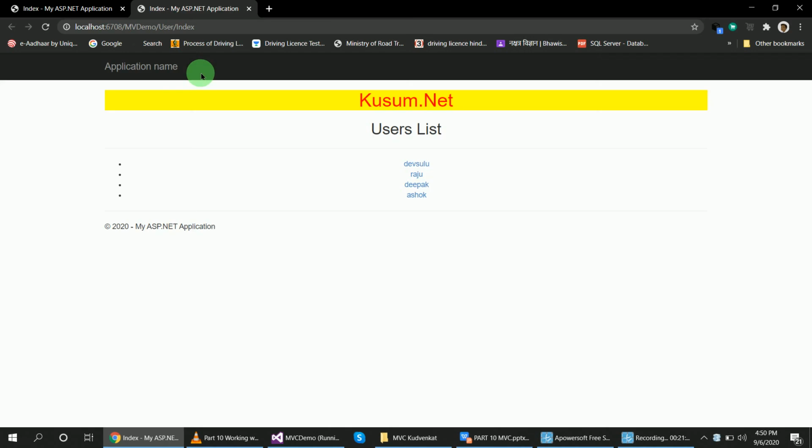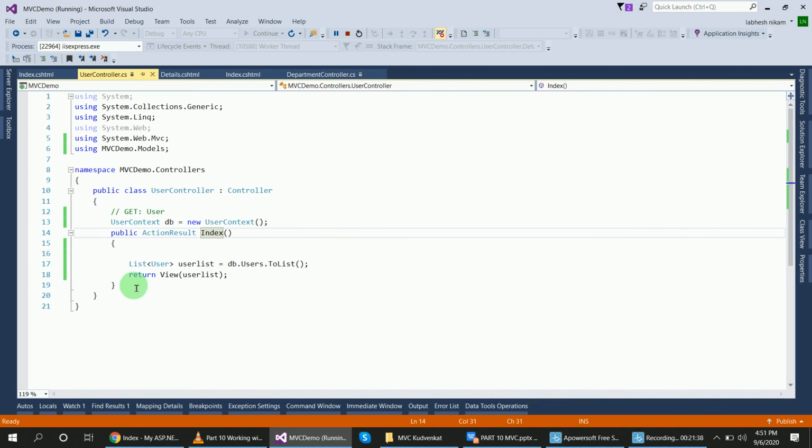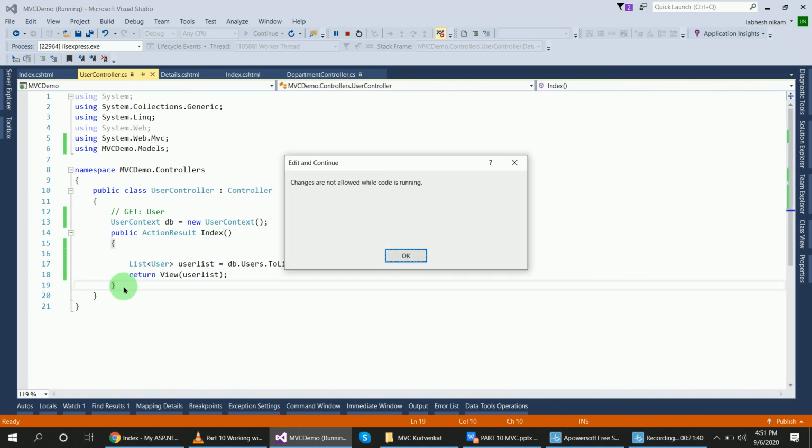Right guys, you can see here this is the user list. Okay, now on clicking on this I want to display the details list.